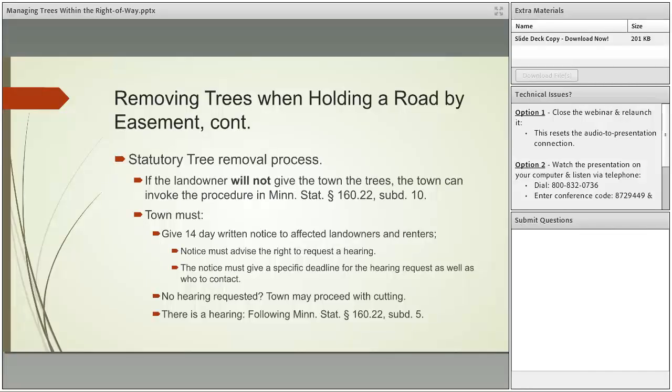I would recommend probably waiting 16 days, so you give the landowner not only the day they receive the notice, but also, I would recommend 15 days, sorry. So you give the landowner a day after they receive the notice so that they have a full 14 days to request the hearing. If there is a hearing, the rest of Minnesota Statutes 160.22, subdivisions 5 through 8,